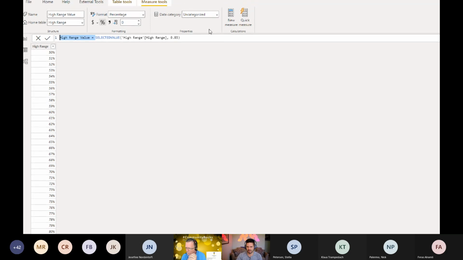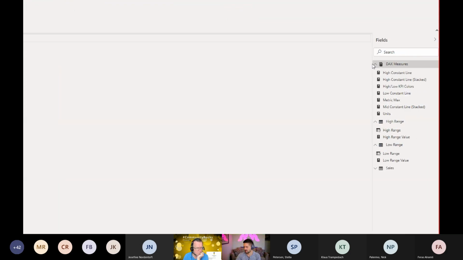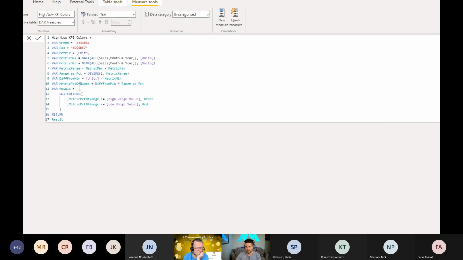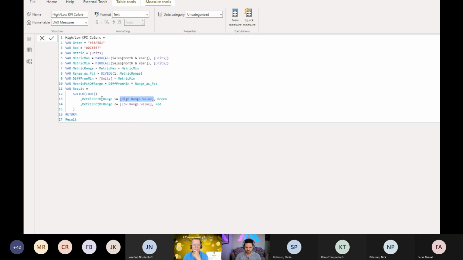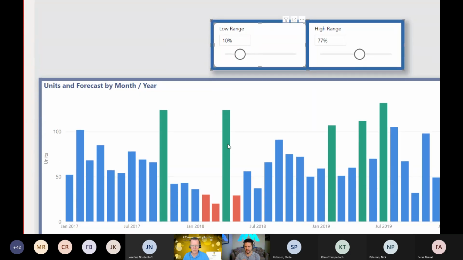It basically just grabs the selected value. So that's how that slicer goes from that column into this measure right here. So that's how it's determining that metric percentage of range, which is just seen. Basically, it can calculate per column in the visual that we have here. That metric percentage of range is just determining is this in the upper 95th percent of the overall range, or this is in the bottom 42%.